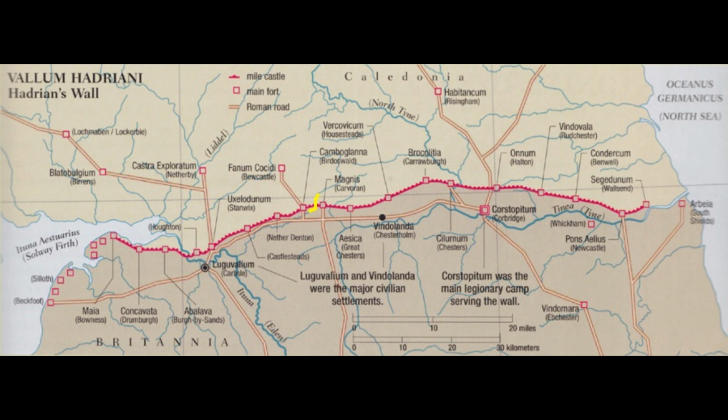Why was Arbeia not built on the north side of the Tyne when all the wall forts are? Three reasons. One, it wasn't a wall fort per se, it was a maritime supply fort for the wall as a whole. Two, there are steep banks on the north side. It's not such a problem. Newcastle has steep banks, but the relatively lower position of Arbeia, being closer to the riverside, is more favourable for